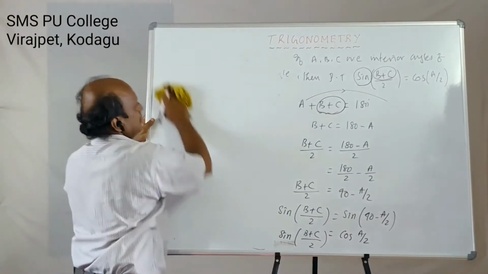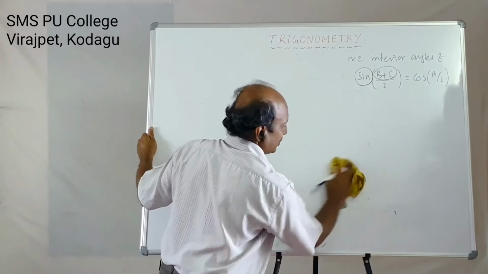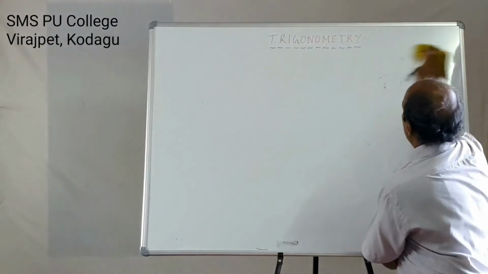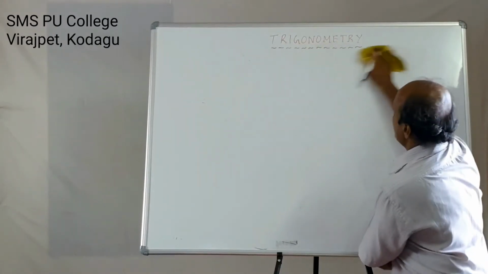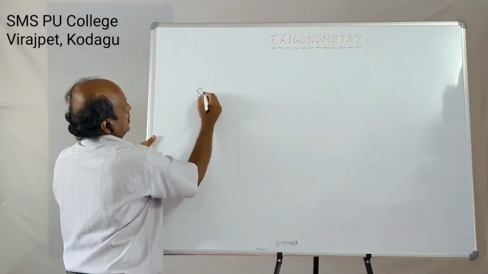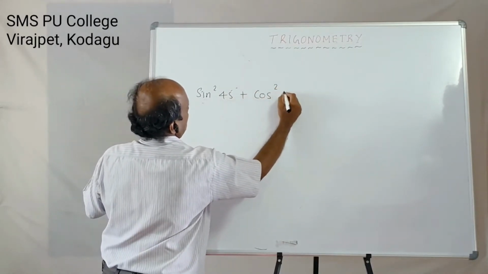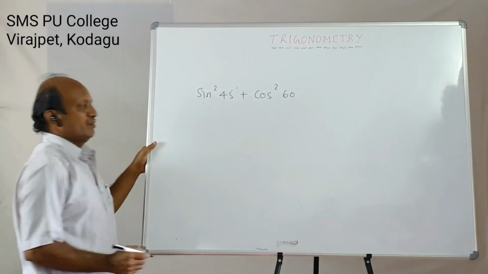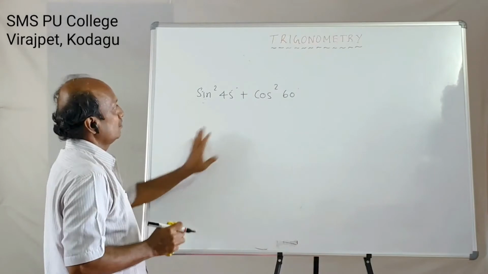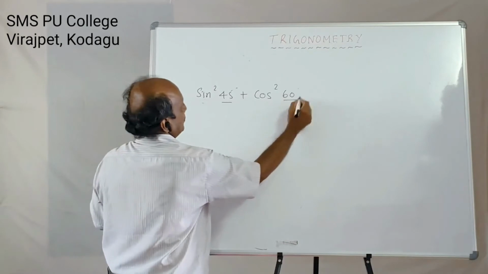Now let us go for the known values of trigonometric angles, and making use of this, how to find the answer to the problem. Right. Here the only thing is, you should know how to take LCM. LCM plays a vital role. For example, the question can be given: sin square 45 plus cos square 60 degrees. You cannot apply the trigonometric identity. Many students used to blindly write it as 1. Right. You can apply the trigonometric identity only if these angles are the same.